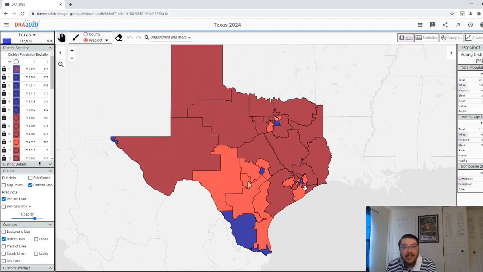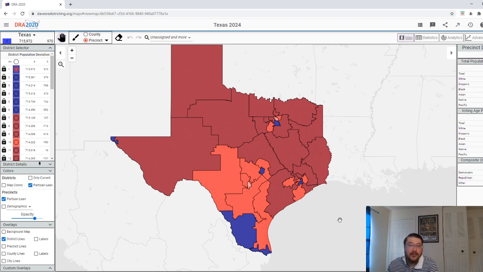Now, I maybe could have gotten a few more safe Republican districts if I created another safe Dem district in San Antonio, Bexar County, but I thought it maybe would have been better to create some better upside for the GOP in the Lone Star State. So that was kind of the whole philosophy regarding where I think the Republican-controlled states are going to go with regards to their congressional districts.